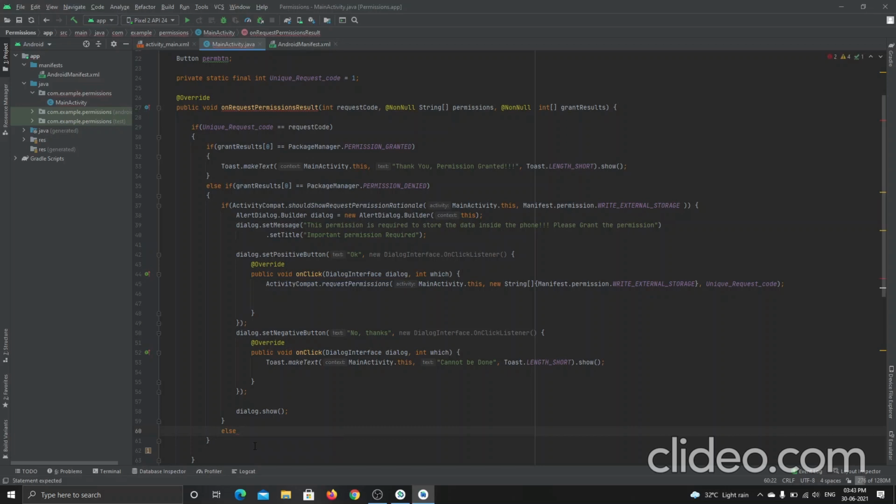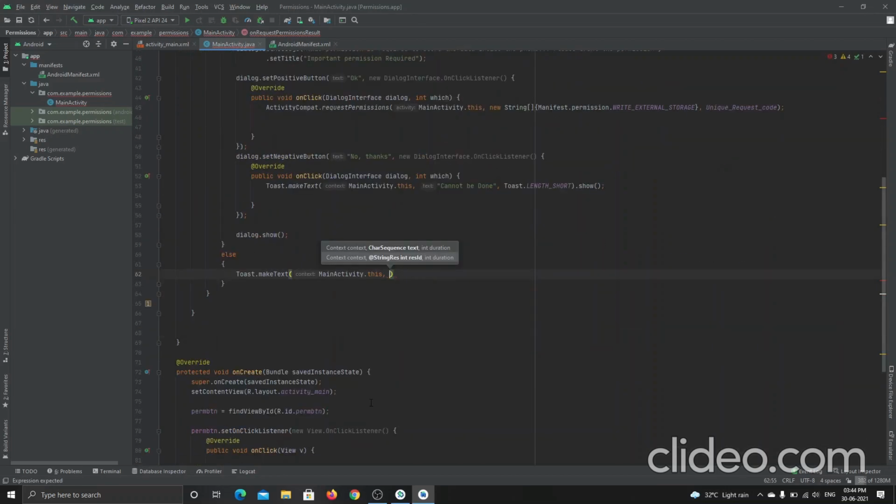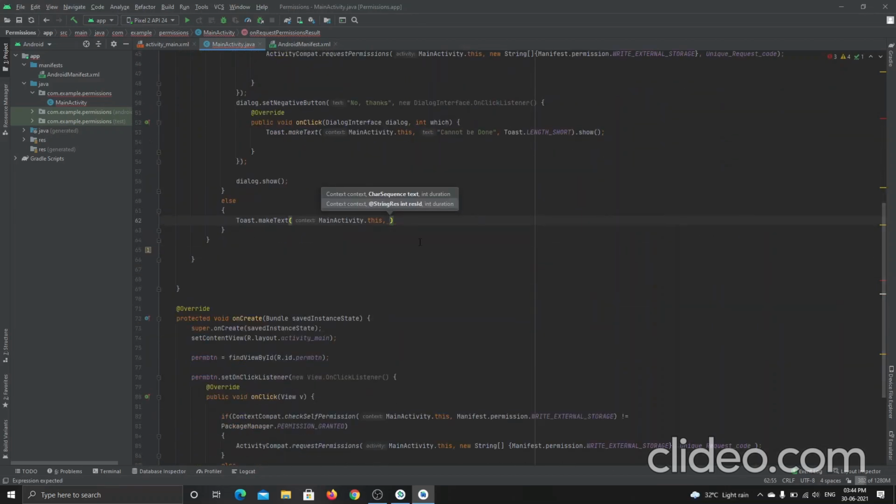We will not display it again. Inside that else, I will declare a toast message. Toast.makeText. Inside this makeText, I will type MainActivity.this, and I will include one message here, that is we will never show you again.